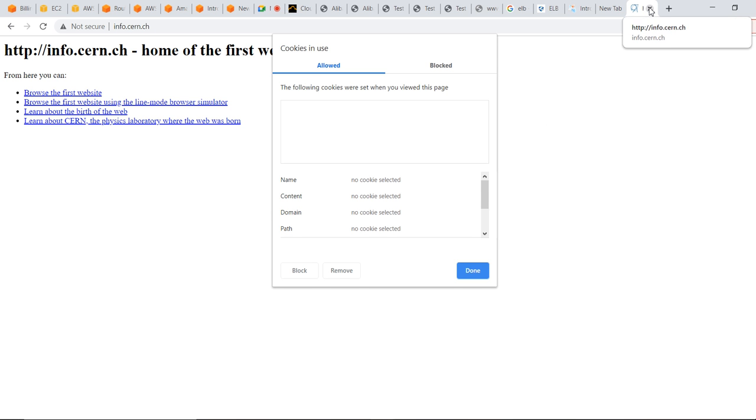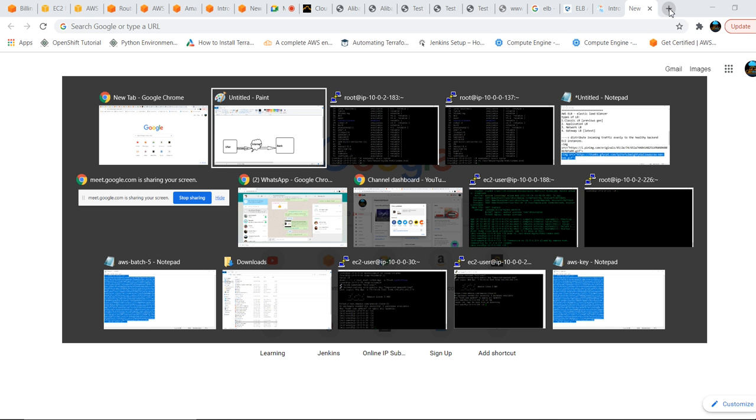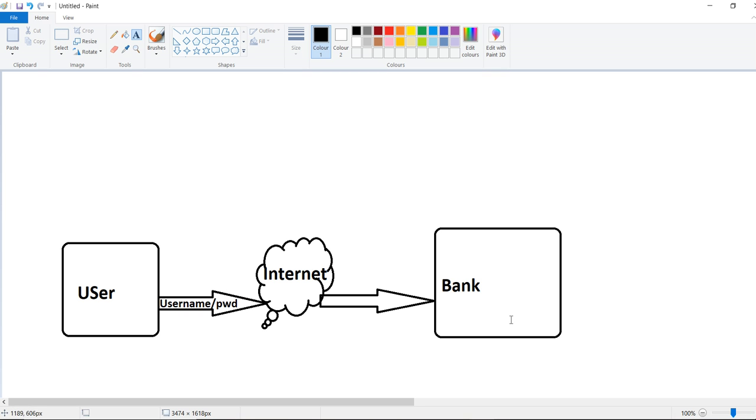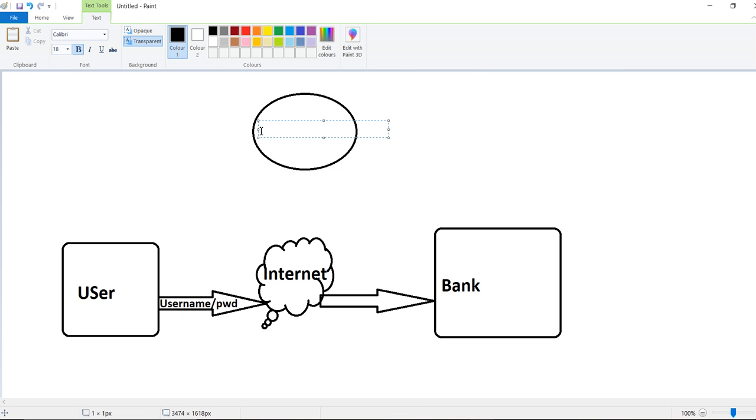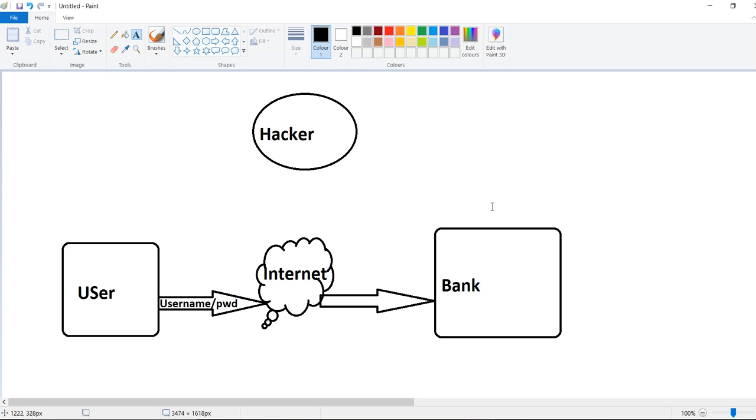In the same case, if you are using hdfcbank.com to log into your bank, you are passing your credentials and it is fine. It is going via the internet. Internet means a lot of people are there. So some hacker is sitting somewhere around. Assume some hacker is there. Whenever you are passing your credentials over the internet in the Google browser, they will hack your credentials without any secure mechanism.